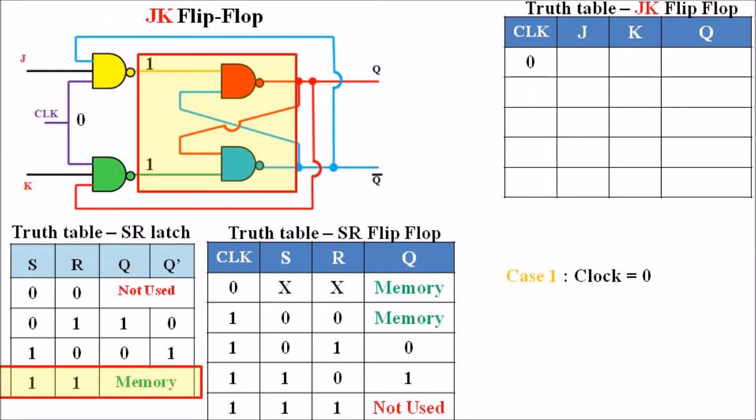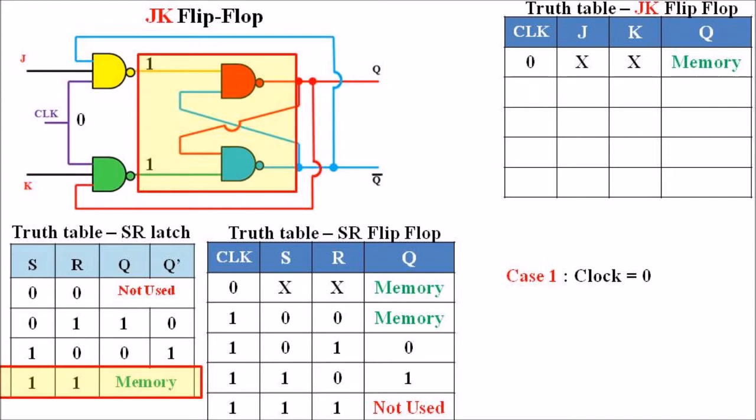So this is a sub case, that is the SR latch is considered with an input of 1, and that condition will yield an output of preserving the previous output. That is, we are dealing with a memory condition. Thus clock equal to 0 and any J value and any K value will result in a memory condition. That is, if the clock is 0, then the previous output will be preserved until a new clock is generated for this JK flip-flop.